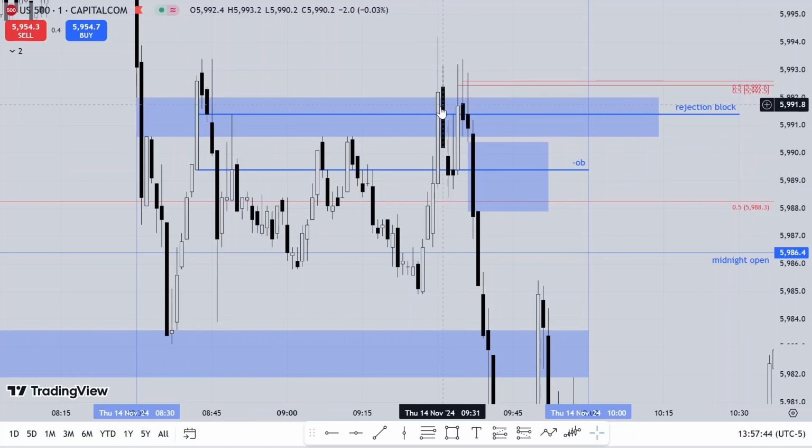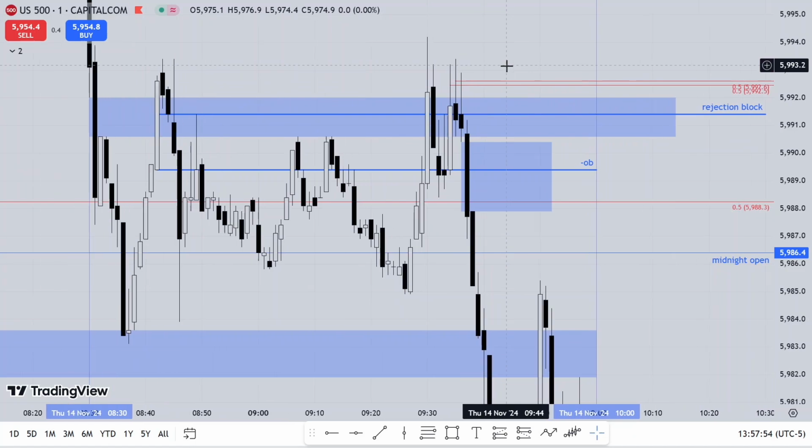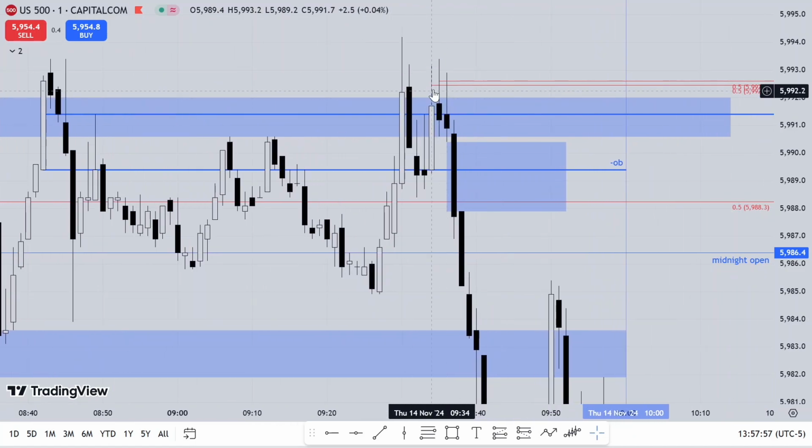Now price dropped lower and then made another rally again at 9:34 a.m. Price rallies higher. When price rallies higher here, price rallies higher again. Now you have these wicks. Price left these wicks like this. When price leaves wicks like this, you want to remember the algorithm sees wicks as imbalances. So these imbalances,